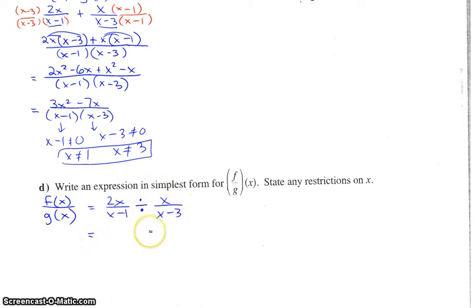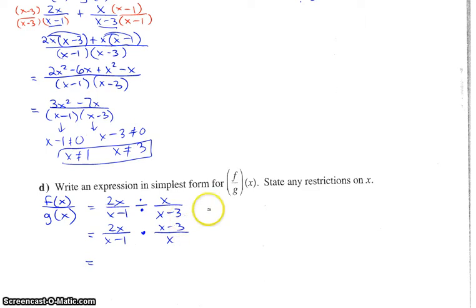So, 2x over x minus 1 divided by a fraction. If you recall from previous math courses, when you're dividing by a fraction, that's the same as multiplying by the reciprocal. I'm going to use a dot instead of x for multiply so it doesn't look like an x. Now we're multiplying. How do we multiply fractions together? Before we do the multiplying, we look at whether there are any common factors in the numerator with the denominator. The key word there is factors, which means whatever it is needs to be multiplied by